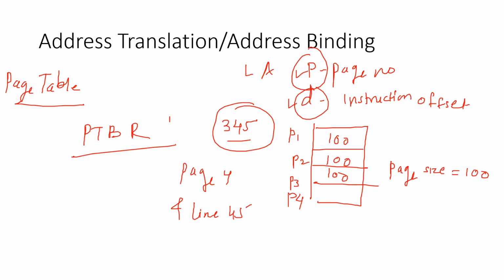Why are we going for page table? Because what I said, otherwise it will be very time consuming, because page number 1 stores the address for page number 2, 2 will store for 3 and so on. So we have to go sequentially. To avoid this, we are using page table. It contains the number of pages in the secondary memory, and every process has independent page table. That's what I explained. Now we will see how it works.